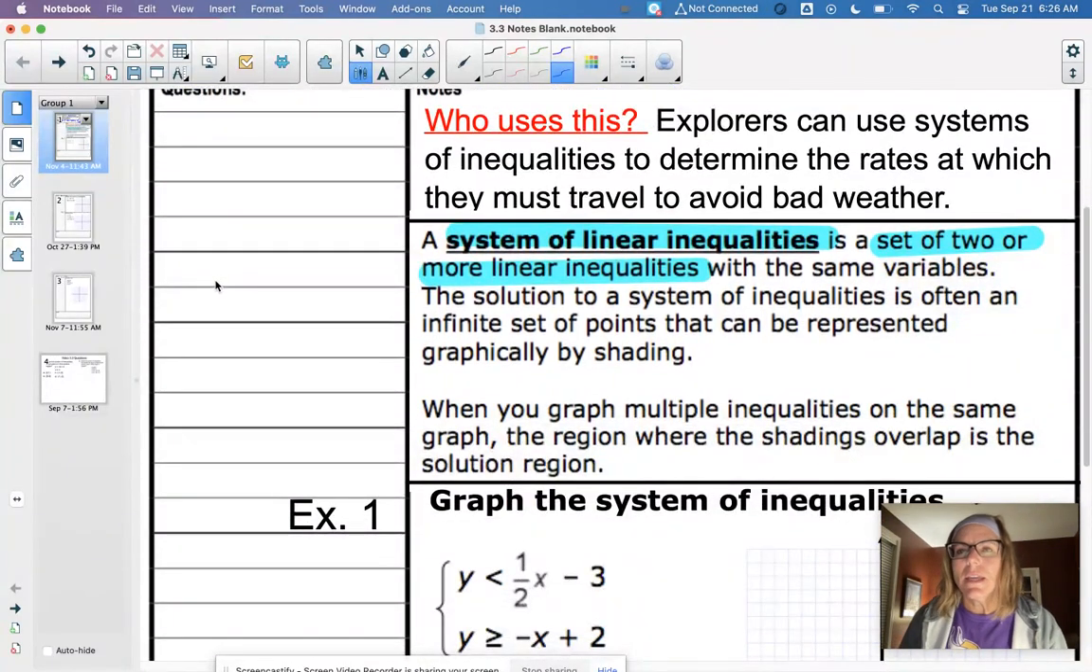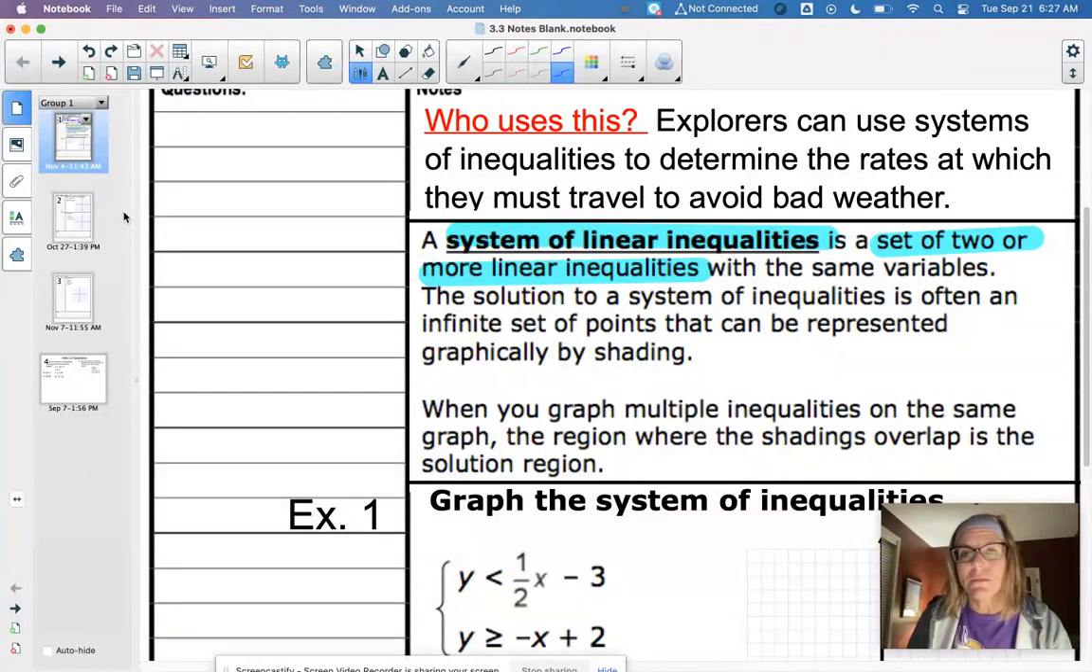Who uses this? Explorers can use systems of inequalities to determine the rates at which they must travel to avoid bad weather. So, what is a system of linear inequalities? We've dealt with a system of linear equations. Now, instead of equal signs, we're going to be using inequality signs. It is a set of two or more linear inequalities